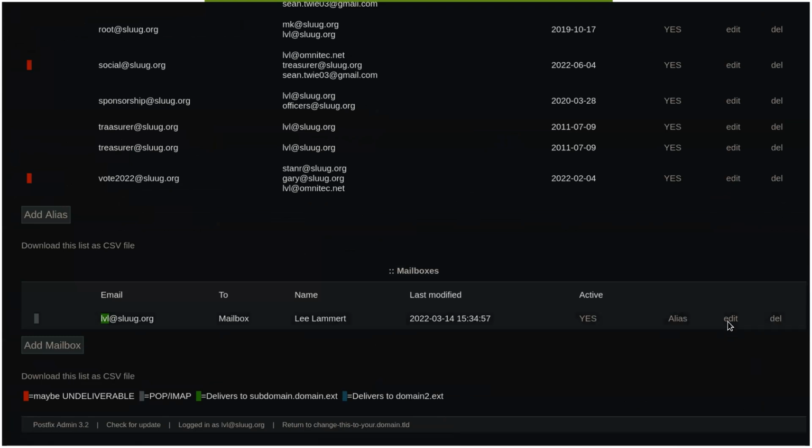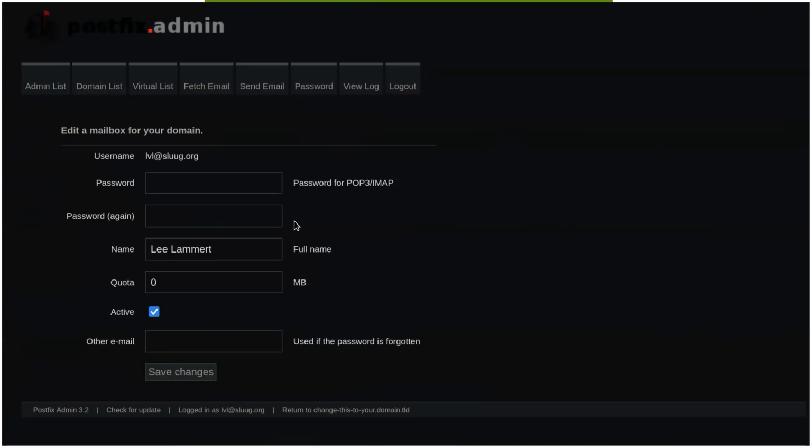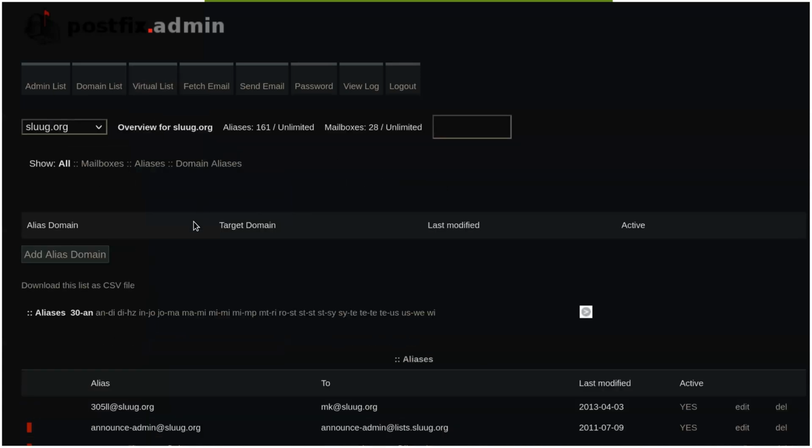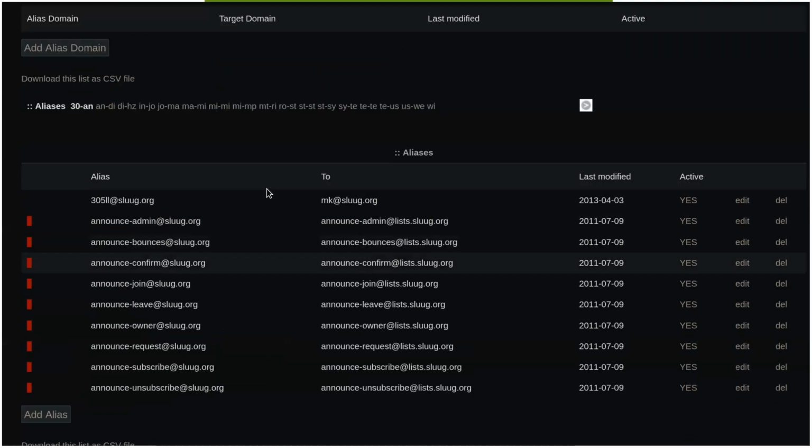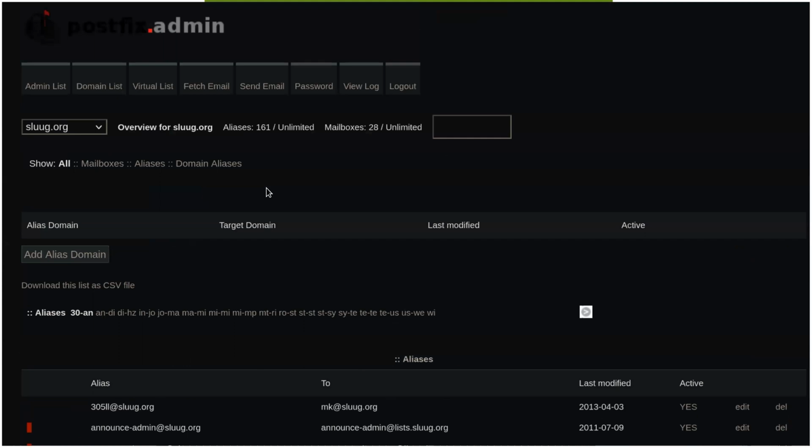So that mailbox is, this is the configure. This is how you change a password. Name, quota 0 for unlimited. Other email, which is where it would send a message if you say forgot password, but we don't use that. What else? Aliases. We've got a lot of aliases. Use the aliases here. It works pretty good. I actually use it also for Omnitech.